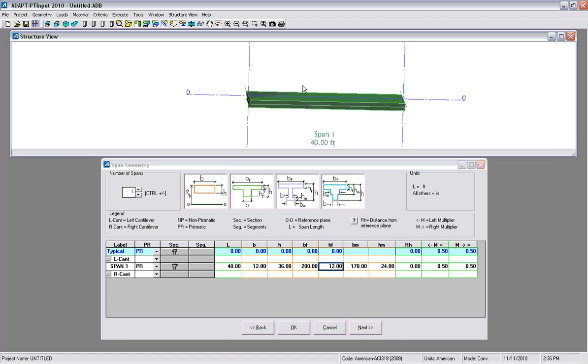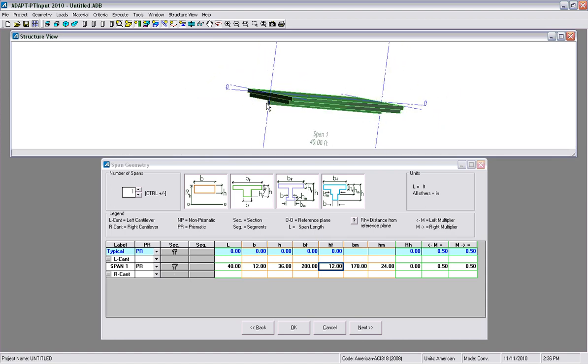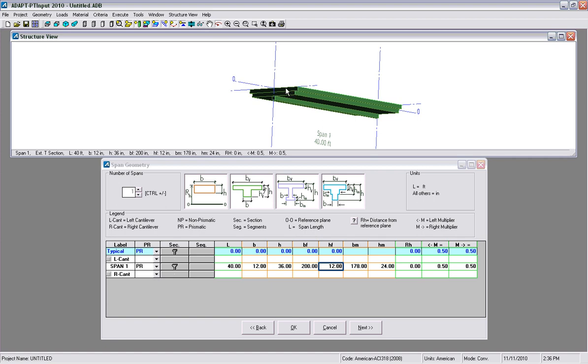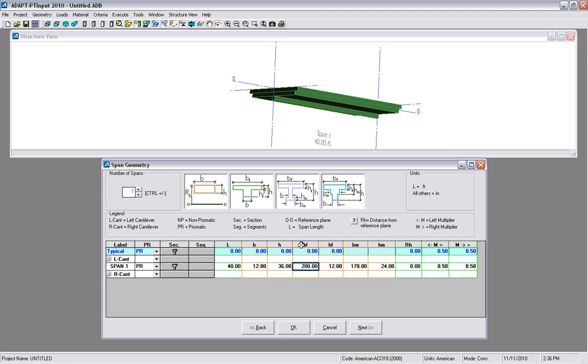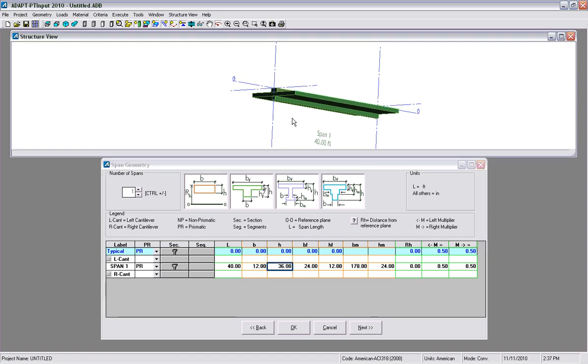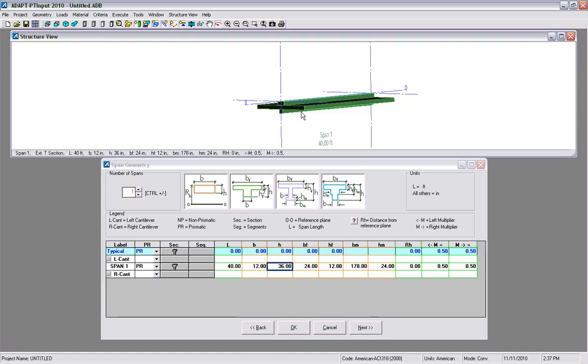So if we look at a view, we can see that we have this slab on top of the actual flange that we want to reduce in width to equal the stem width below. So to do this, we need to go back to B sub F and now change this back to 12, or to whatever value we want. It could be 24. And now we have an upturned beam where we have the flange lower than the top